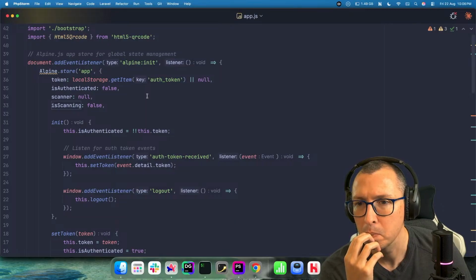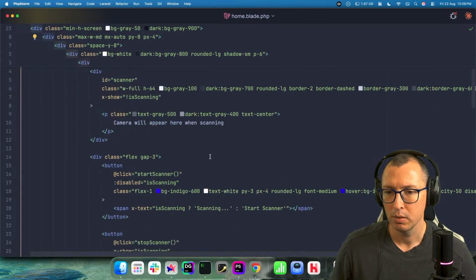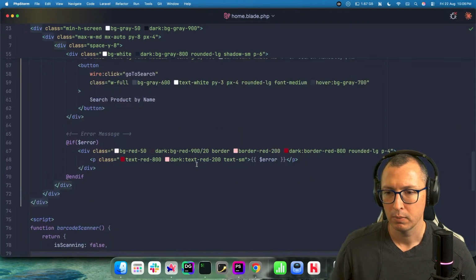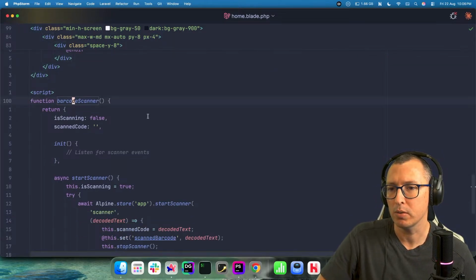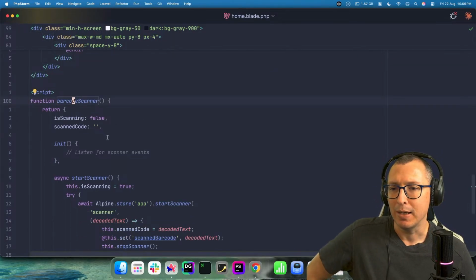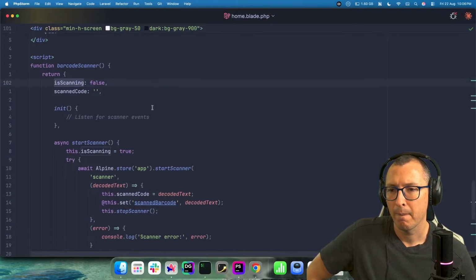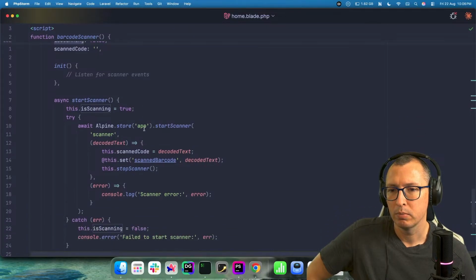Hold on. No, it's got to be there. Let me look for that script. Here it is. So barcode scanner is just a function that returns a data structure for Alpine.js with is scanning equals false. And then it turns it true. And it uses Alpine